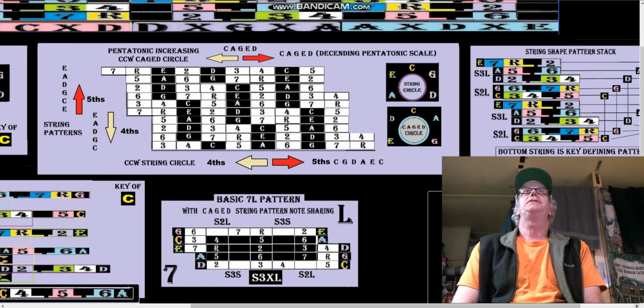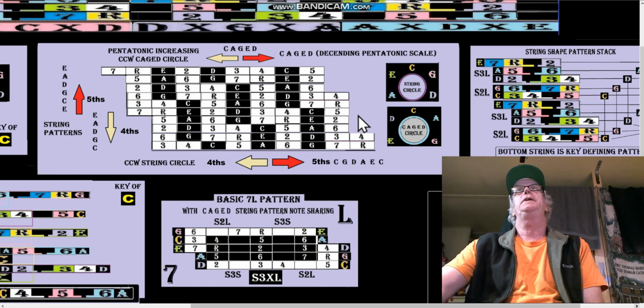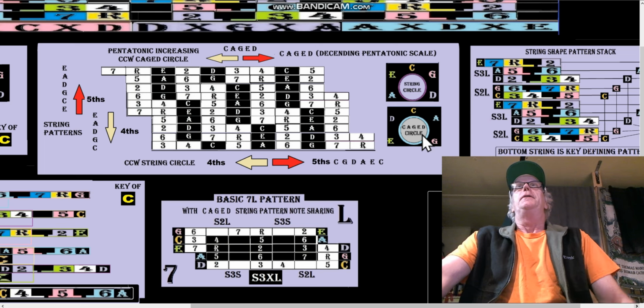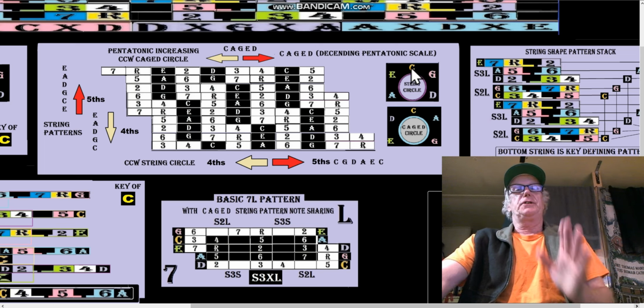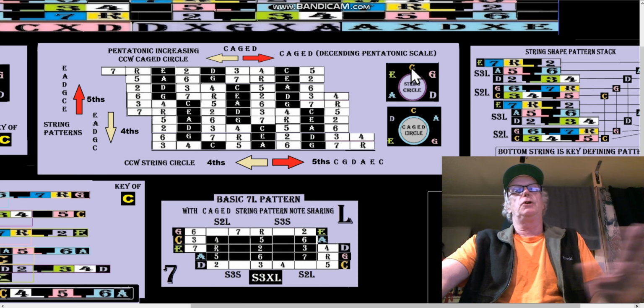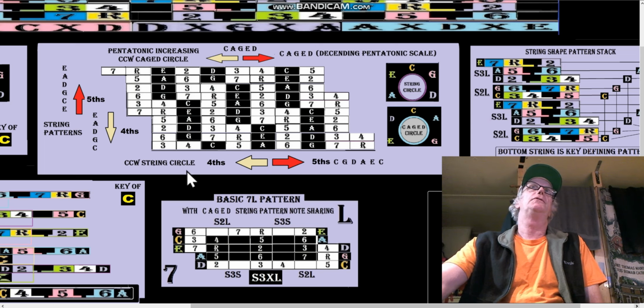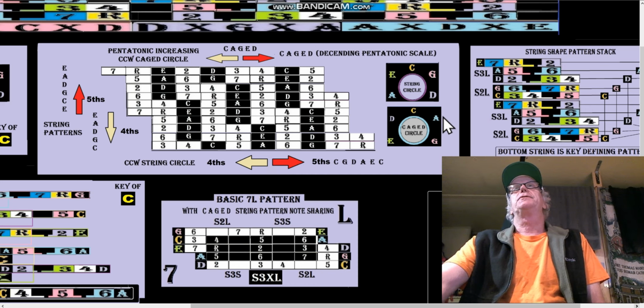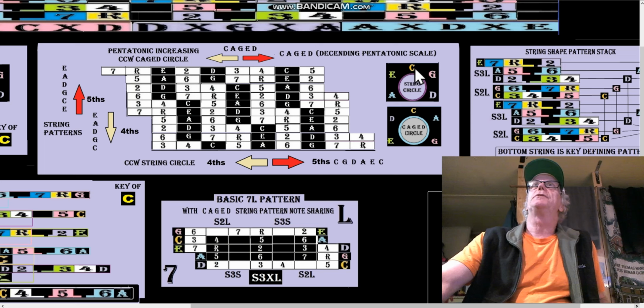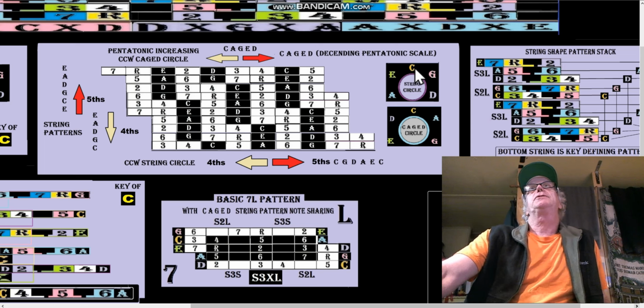I was going to say, additionally, we've neglected what I had called the magic circle. The magic circle is, and this is a digression, you can let this go in one ear and out the other if you're struggling to understand these going up in fifths, down in fourths, over in fifths, over in fourths in string shapes. I want to digress for a second and talk about the magic circle, which is the string circle backwards. And the interesting thing about the magic circle is